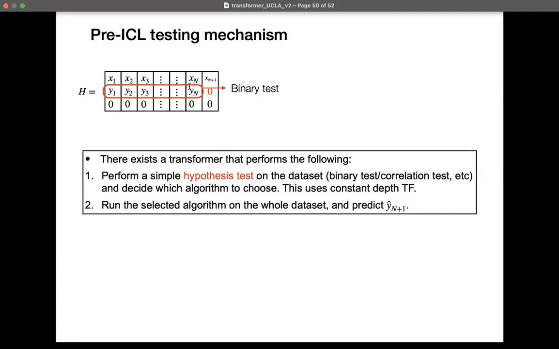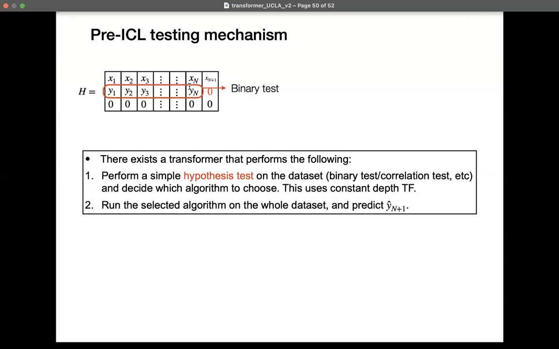Here is a different mechanism, the pre-ICL testing mechanism. Suppose we wonder whether to do regression or classification. We don't need to run K algorithms in parallel. Running K algorithms in parallel requires the scratch pad to be very long, a lot of computation, and takes up a lot of memory. But if we know this is regression versus classification, we can just do a binary test of y. So if y is 0, 1,